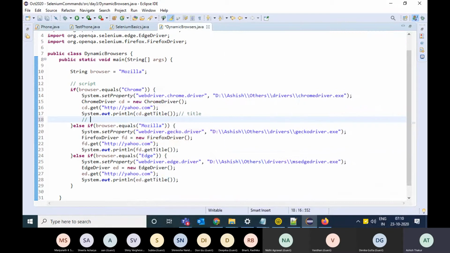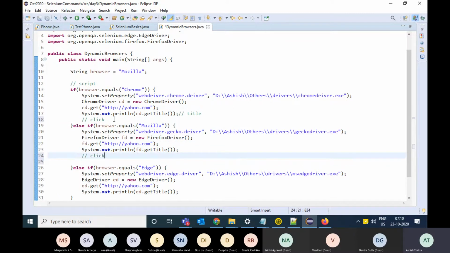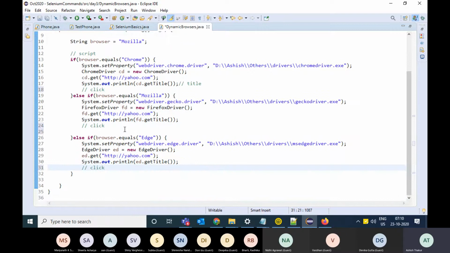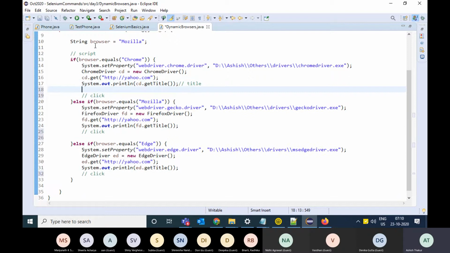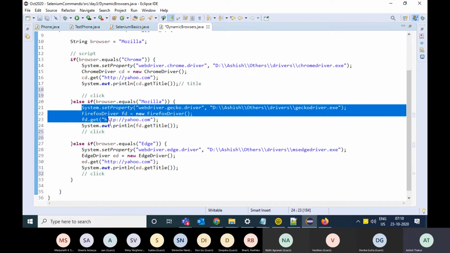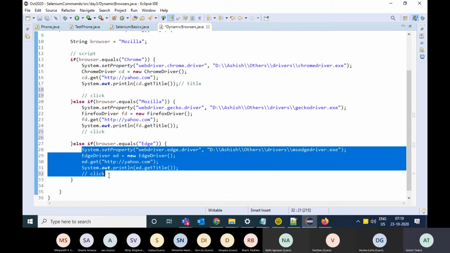So if you have to click on a link on Chrome, you will have to write the code to click on Chrome. Then to click on Mozilla, you will have to write the code over here, and for Edge, you will have to write the code over here. Now this is not something which is comfortable. So practically I am giving the browser name over here, but I'm writing script for every browser separately. So this is not the solution.